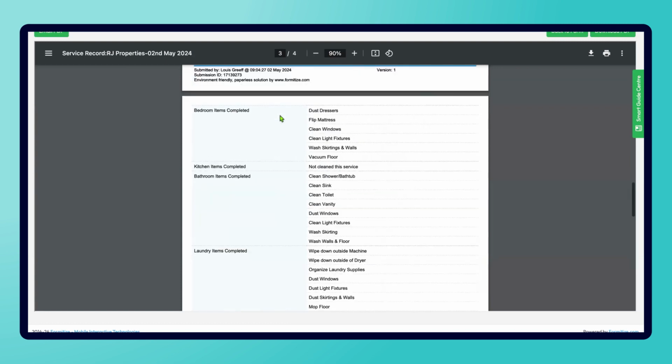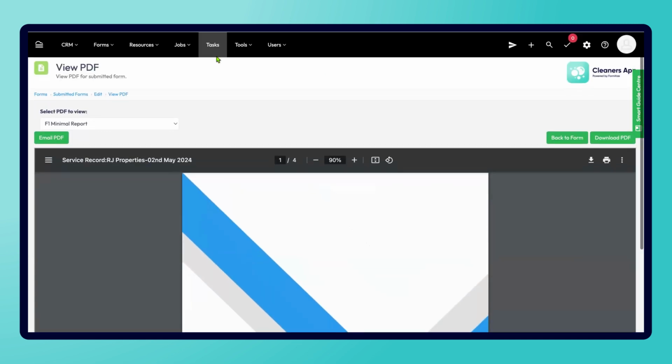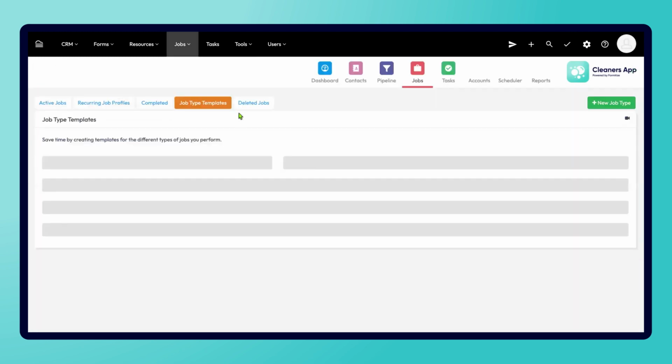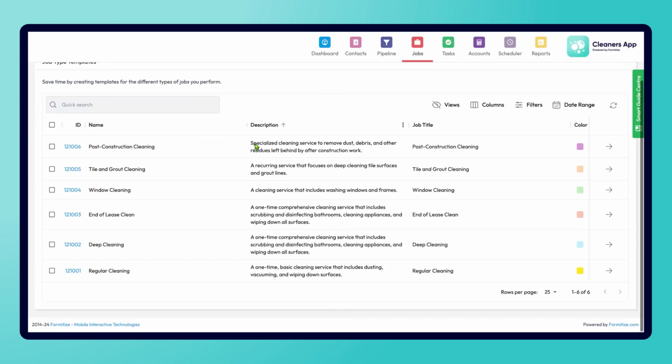Next, we will move on to jobs. And first, we will take a look at job type templates. So what we've done here is we've created job type templates specifically for the cleaning industry. So if we were to look at the regular cleaning one,